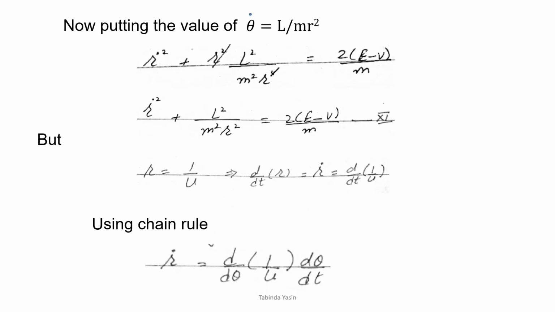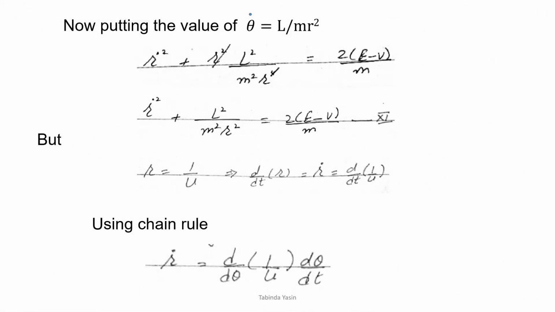Now putting the value of theta dot equal to L over m r square, we have r dot square plus r square into L square over m square r to the power 4 is equal to 2 over m into E minus V. Cancelling r square with r square in the second term on the left hand side, we are left with r dot square plus L square over m square r square is equal to 2 by m into E minus V. Giving that equation number 11,